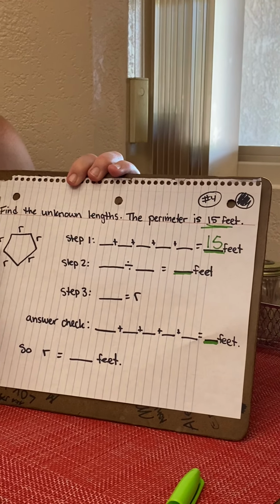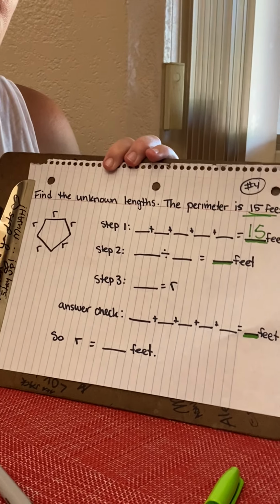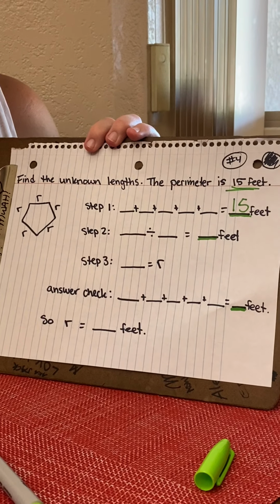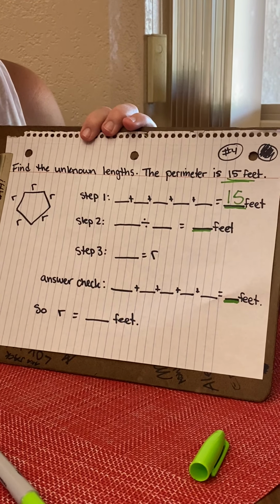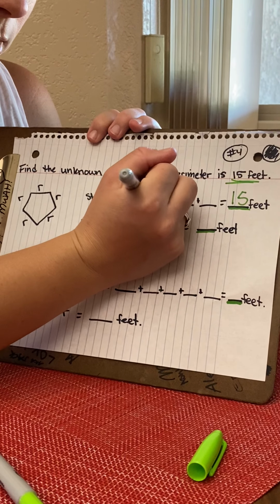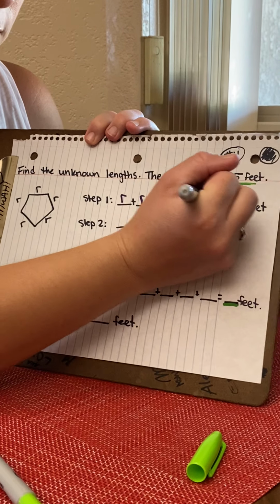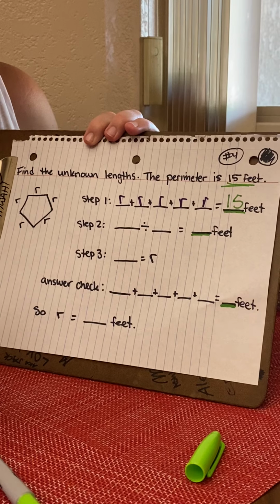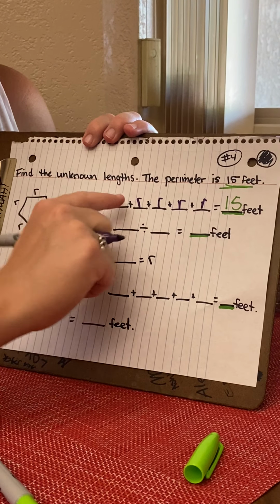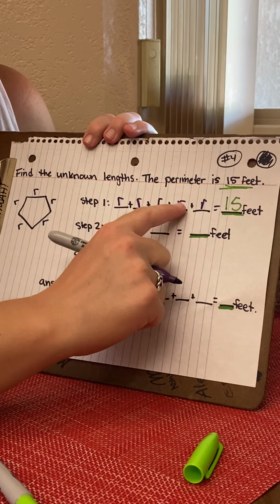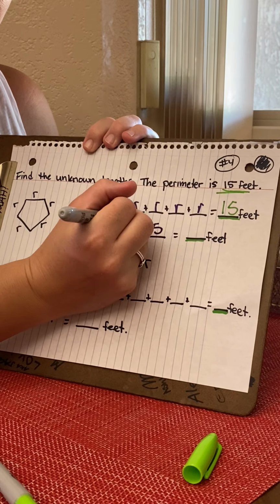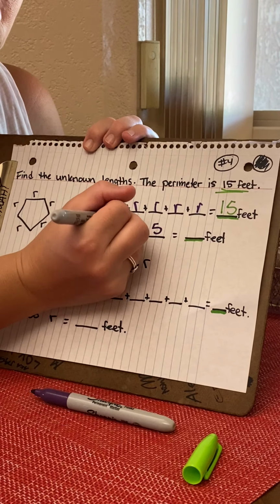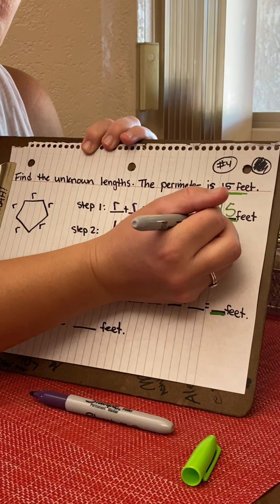Now let's go back and look. They're all R's. So I have no numbers yet, which means that each one of these sides is exactly the same number. So I'm just going to put R plus R plus R plus R plus R. So let's count. How many R's do I have? 1, 2, 3, 4, 5. So I'm going to put the number 5 right here. That means that 15, I'm going to write it in green so you can see the difference. 15, my total,